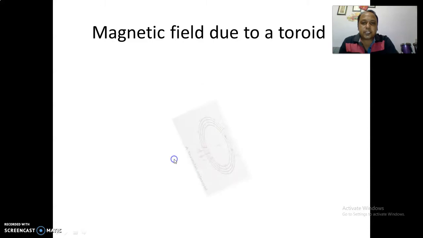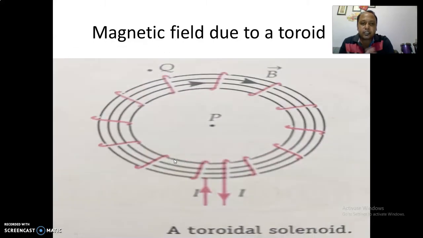First of all, let us consider what exactly the toroid is. This diagram shows a toroid, also considered a toroidal solenoid. You can see here the turns which are shown. They are part of a long solenoid, but bent in the form of a ring. So when current passes through it, a magnetic field is produced, and we are going to derive the relation for the